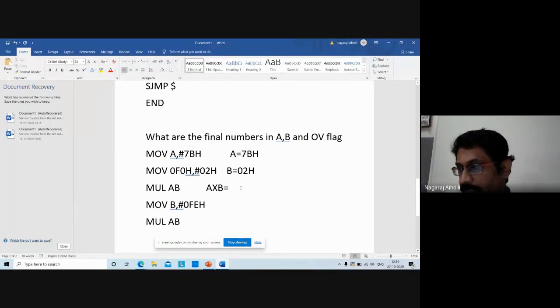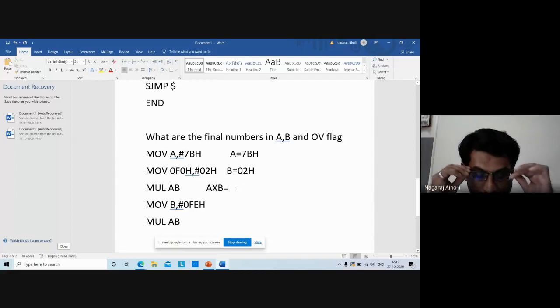A into B is how much? Take your calculator and do it. First keep it in base mode, then keep it in hex mode. Okay, hexadecimal.